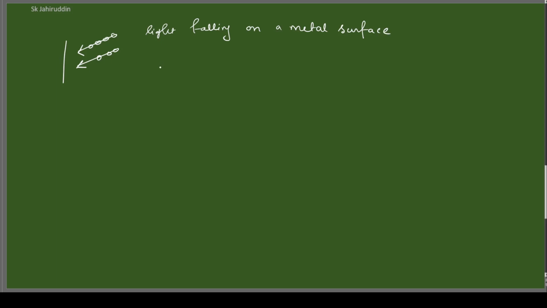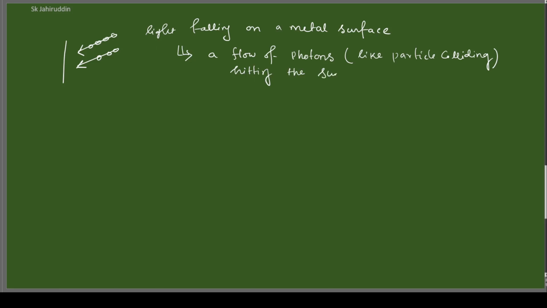It's like a quantum phenomenon beginning: light falling on a metal surface is actually viewed as a flow of energy quanta, or a flow of photons, like particles colliding, hitting the surface